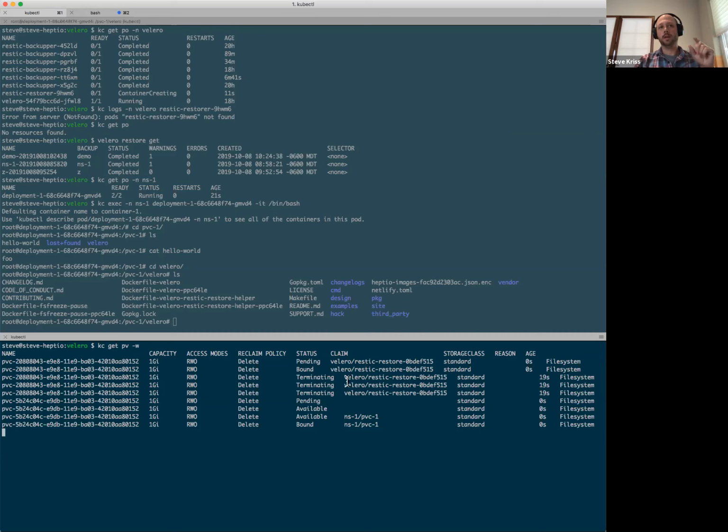Now the trick here is that we set the reclaim policy on the persistent volume to retain, which says that when we delete it, the cloud volume won't be removed by the volume provisioner. So then we delete the persistent volume and persistent volume claim that were used by the Velero namespace.